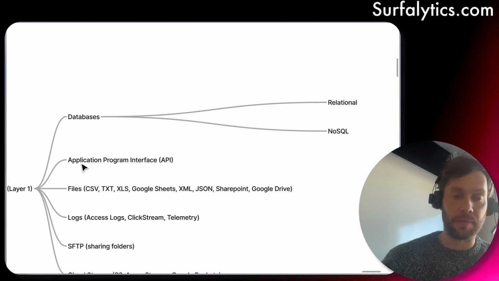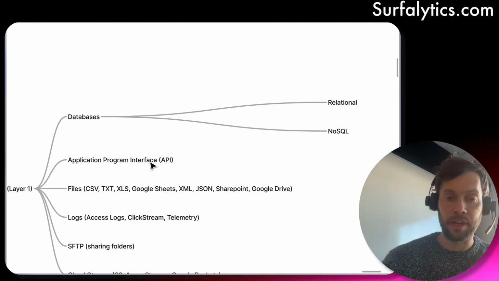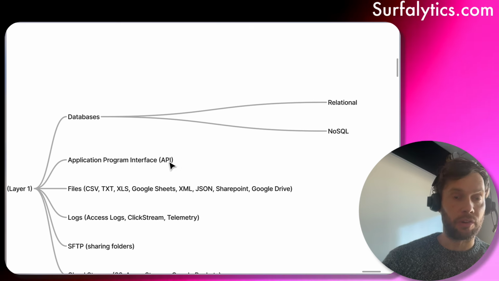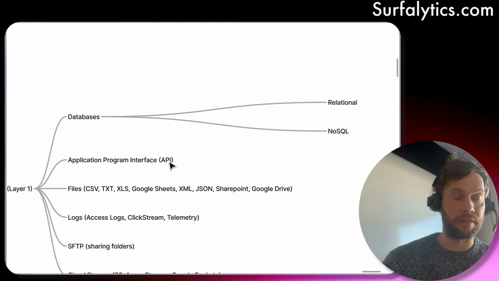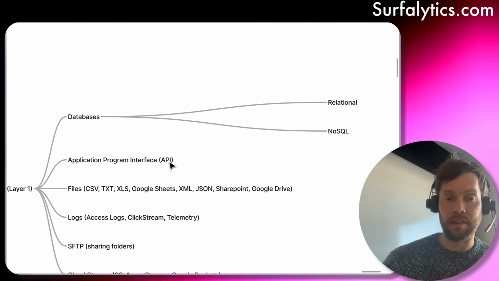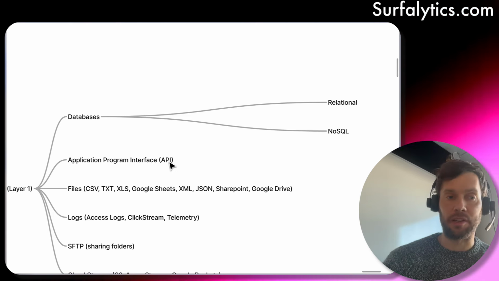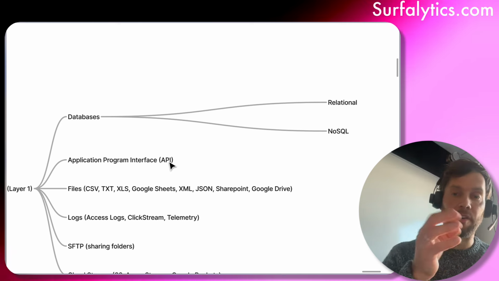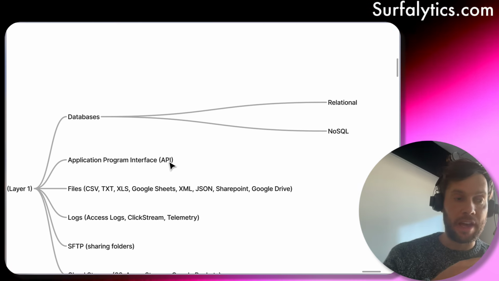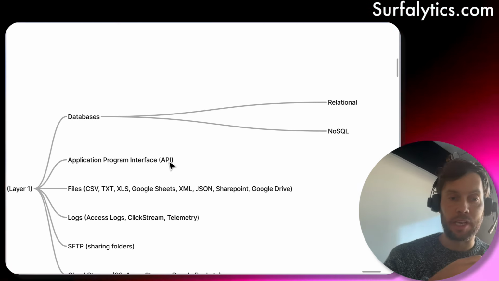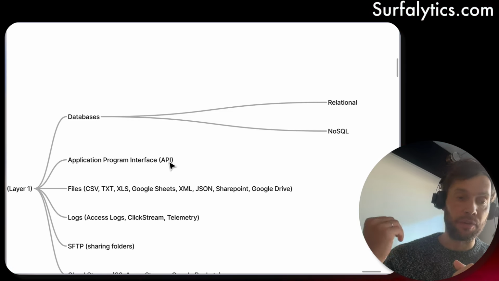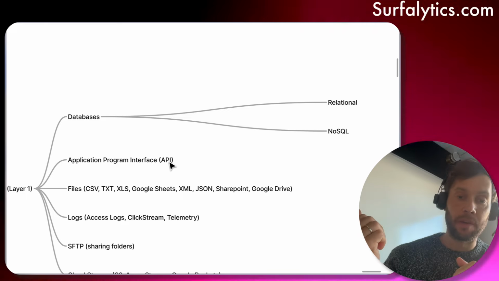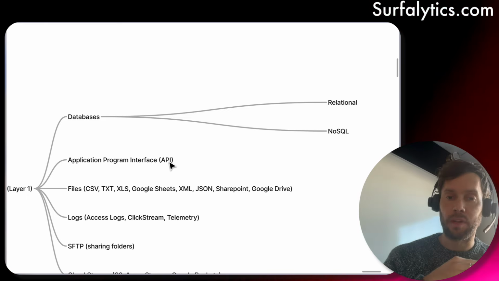Another very popular data source is the application program interface, API. For example, if you talk about many available services like Salesforce, Google Analytics, Facebook, Instagram, TikTok, even if they're using some kind of database to store their data, they never give access to their database. Instead, they build a layer on top of their storage or database, and they define an application program interface, API, an endpoint, and usually it's some kind of URL that you can connect with your program. For example, you have a Python program,